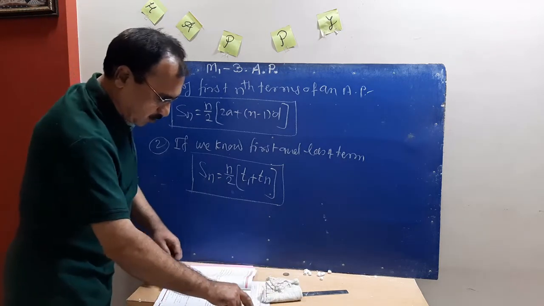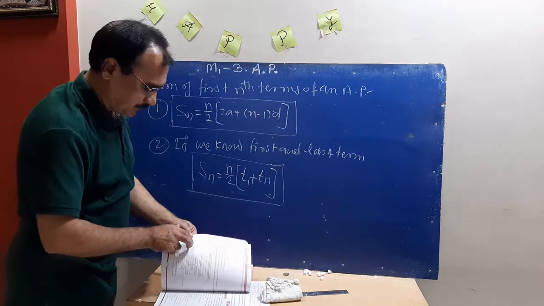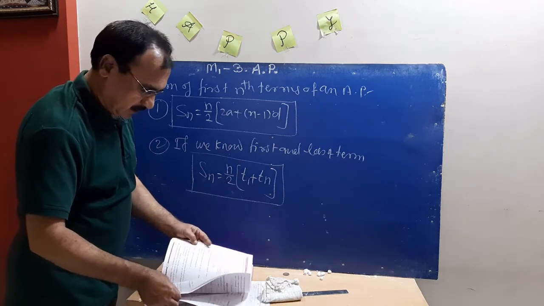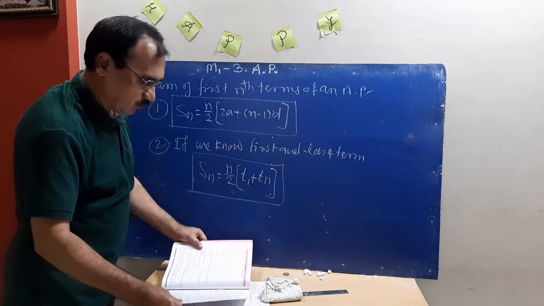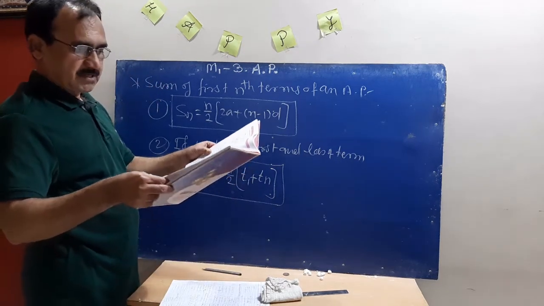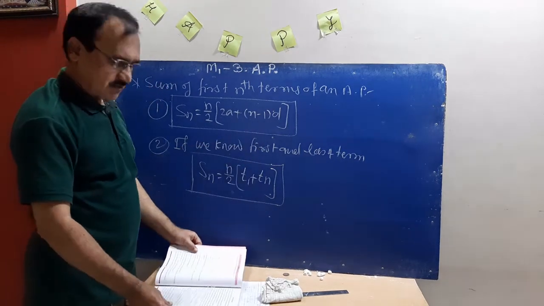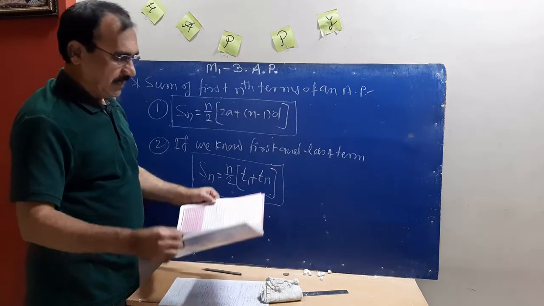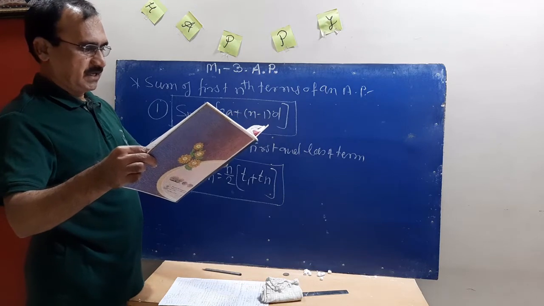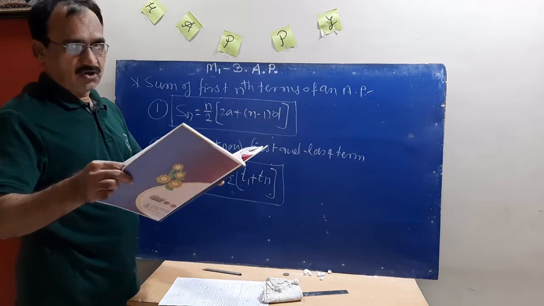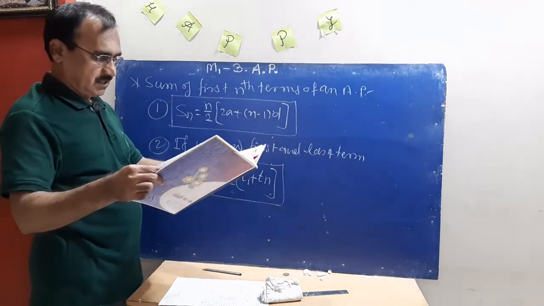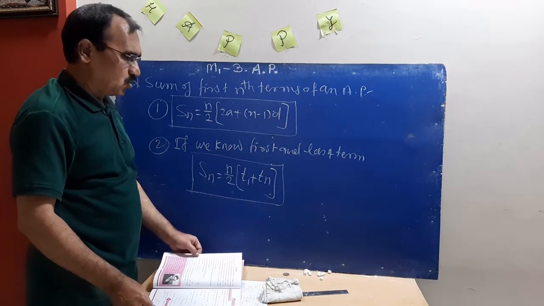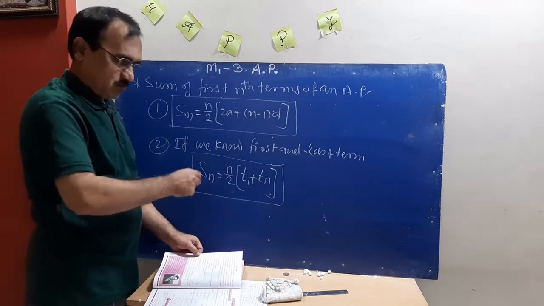In your textbook, there is one piece of information or paragraph that depends on this: 'A wise teacher' on page number 67. Read this carefully, very interesting. And then 'Quick addition' on page number 68, about John Frederick Carl Gauss, the name of a mathematician. You read these two pages, very interesting, and then you will know the meaning of these two formulae.